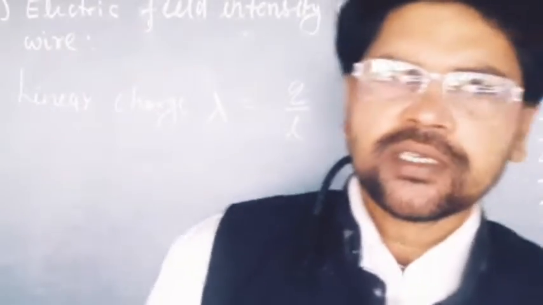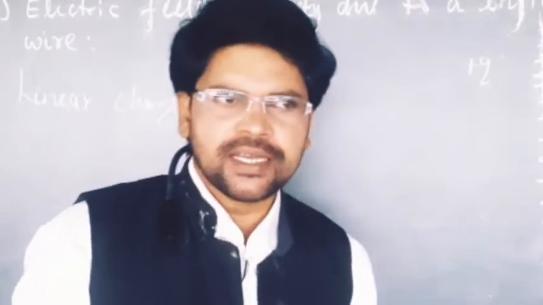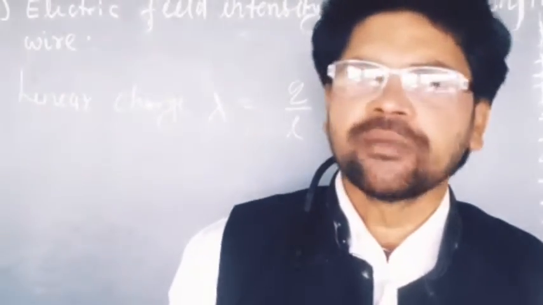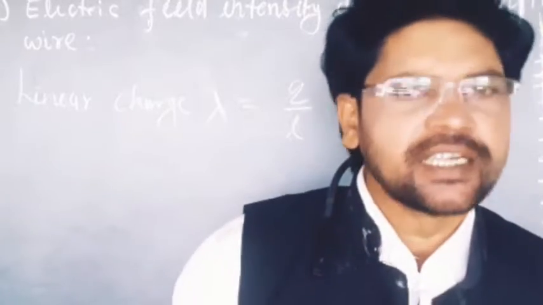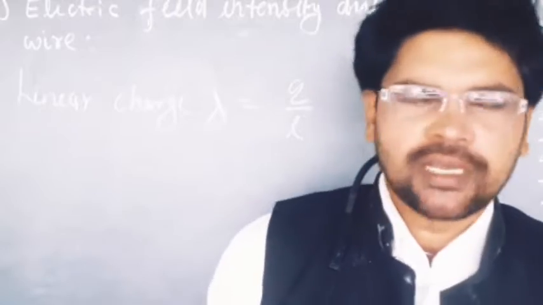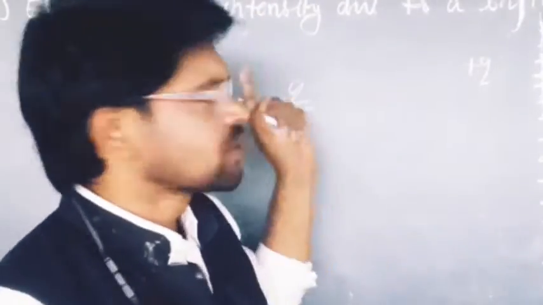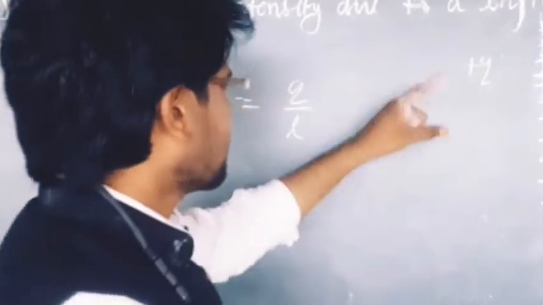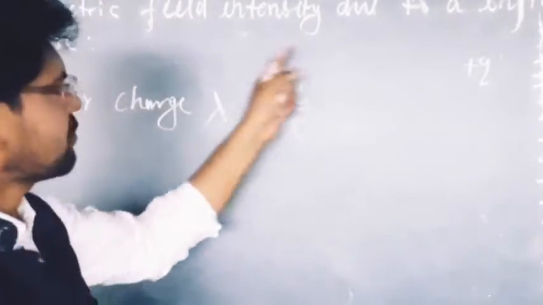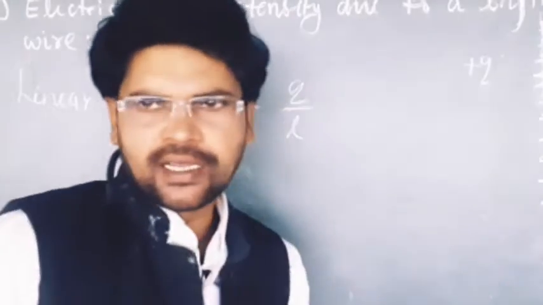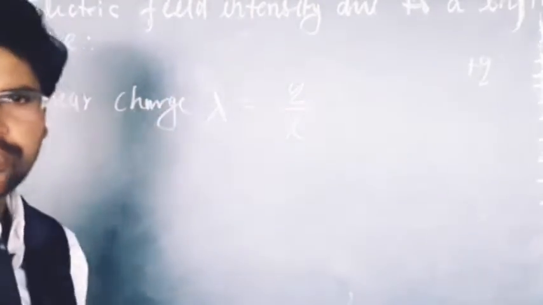law is applicable, so that we can find the electric field intensity. Actually, when the charge distribution is symmetrical, that is, when the charge distribution is continuous, only then can we use Gauss law and find the electric field intensity due to a charged body. So now our first topic is to find the electric field intensity due to an infinitely long thin wire. We consider first a length L of the wire,